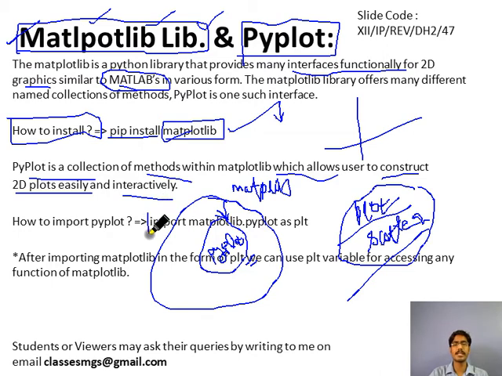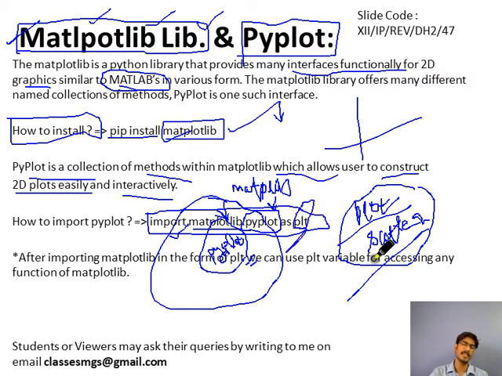So how can we use this? Like we have done with pandas and NumPy, we first have to import, and then write matplotlib dot pyplot. Keep this in mind, you need to write dot pyplot, because pyplot is a part of the matplotlib library. You should not write import matplotlib as plt, it will be wrong. You need to write import matplotlib.pyplot as plt. Now you can use this name plt to access any method of the pyplot library, like the scatter graph and all those. So I hope this is clear.